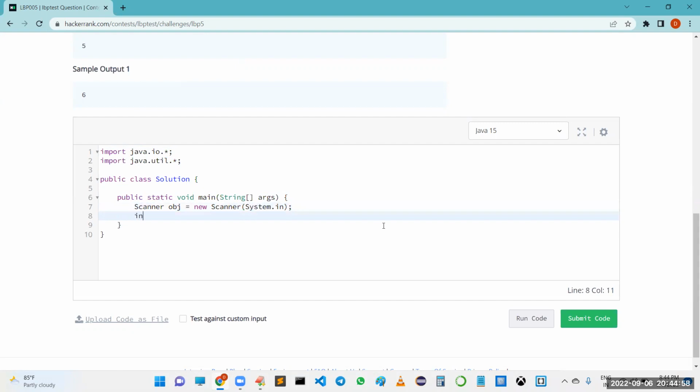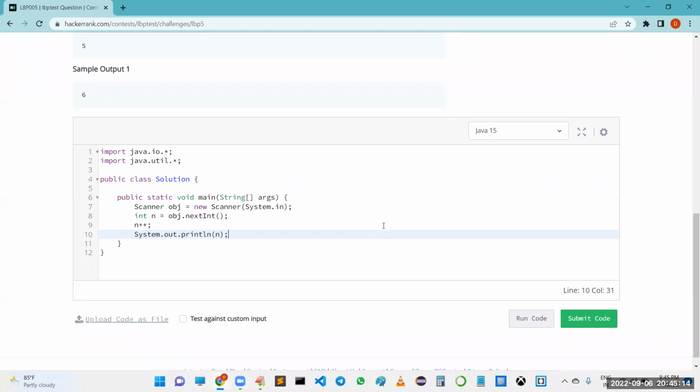I accepted a number from the user, which is the n value. Which operation do we take? n plus plus. N plus plus means incrementing the value of n by 1 unit, and then I am printing the value of n.